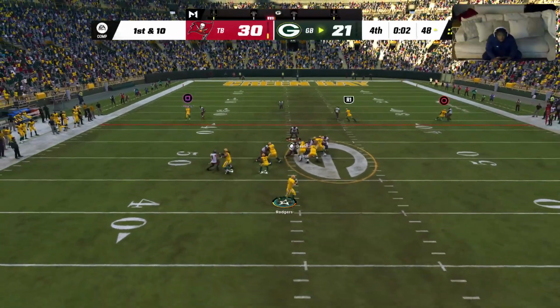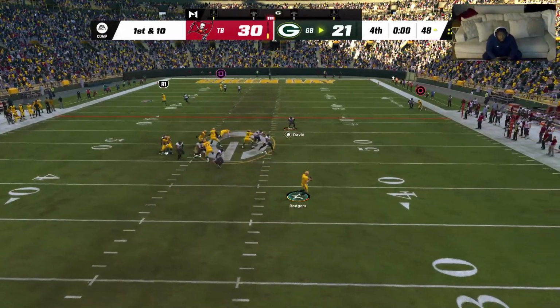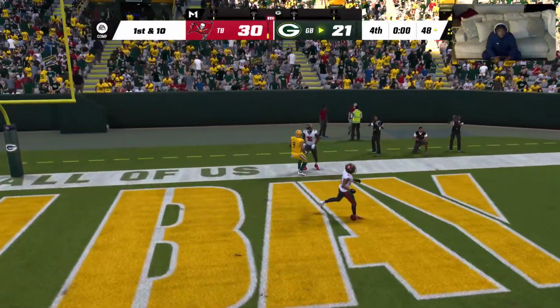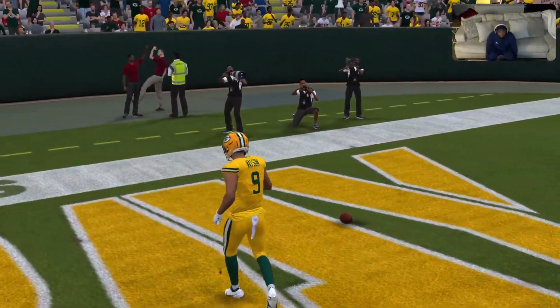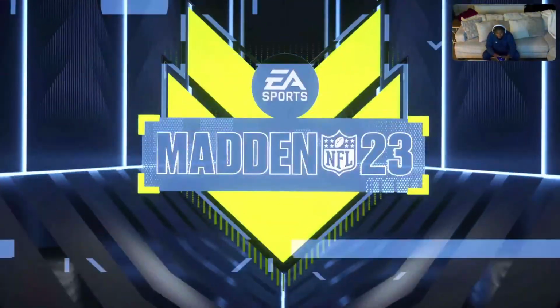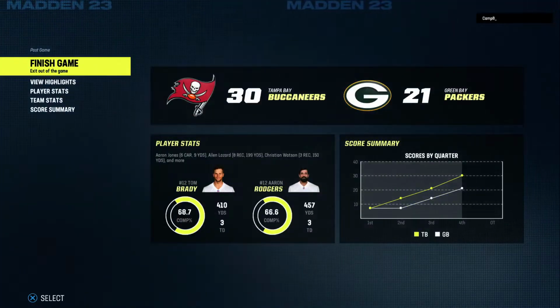One final try now for Rodgers. Escaping the pressure right. He lets this one fly toward the back of the end zone. And that will be incomplete. They were going for a consolation TD, but it was not to be. And time has run out now on